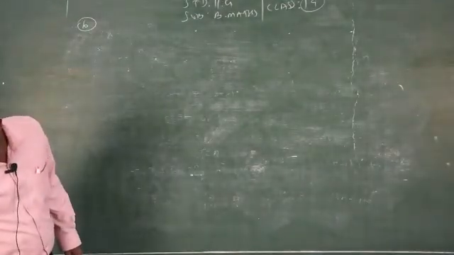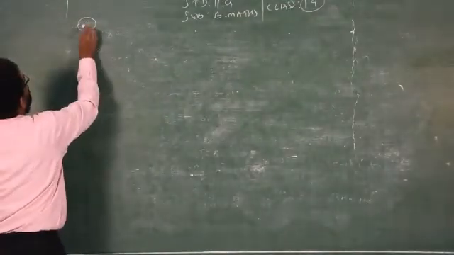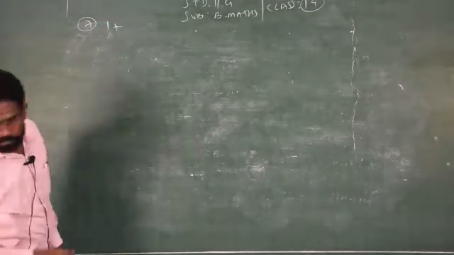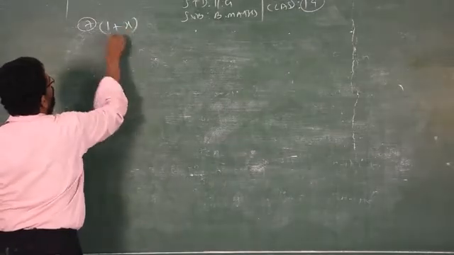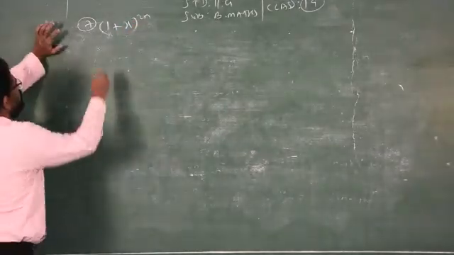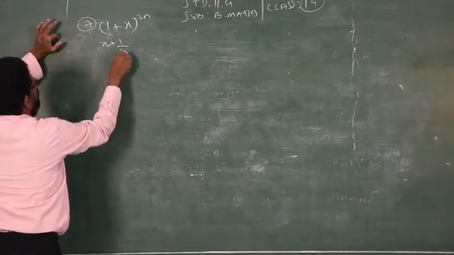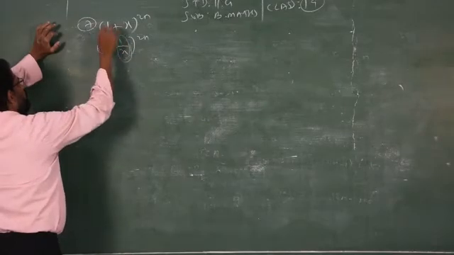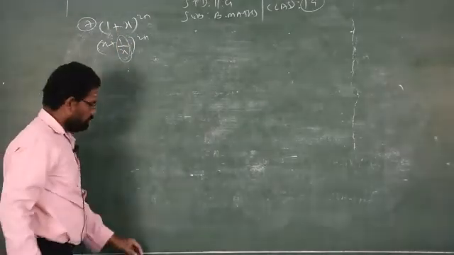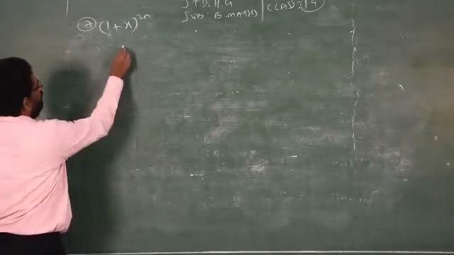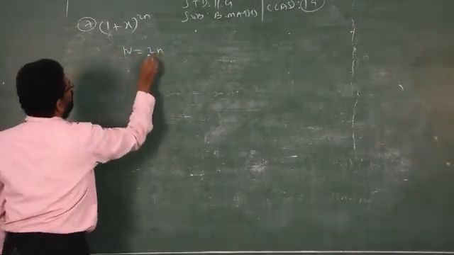So, sum number 7, 1 plus what is given? X power 2n. So, there is no difference when you compare the previous question. Here the previous question 1, see x is there, but only in the place of 1 by x. What is given here? 1. So, there is no difference. Just you have to proceed as usual. That is capital N is equal to 2n